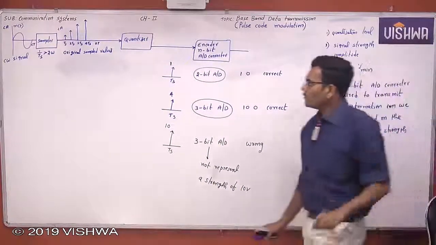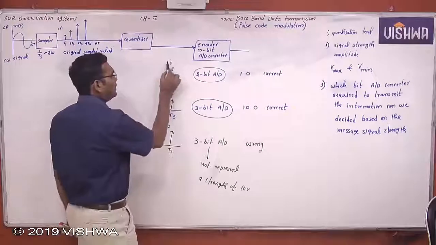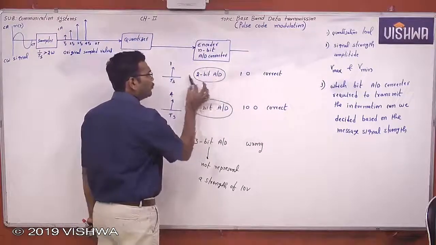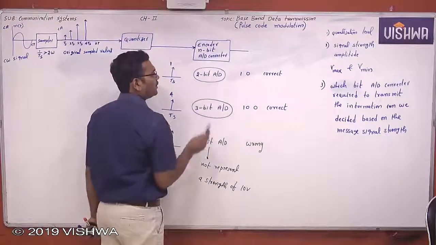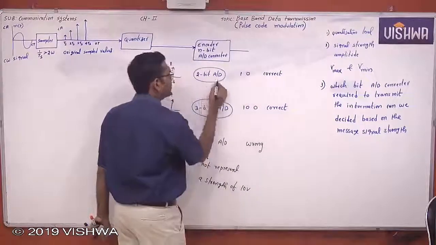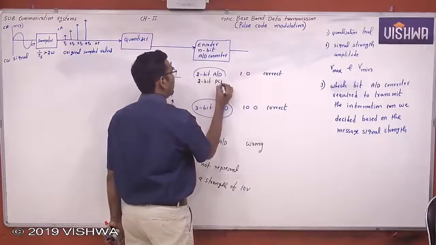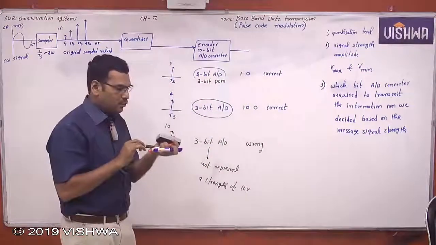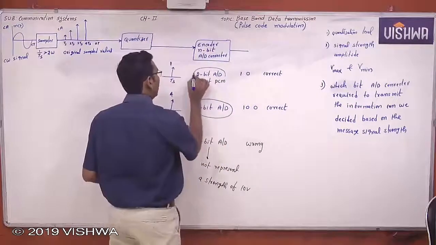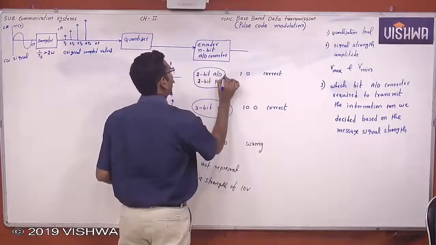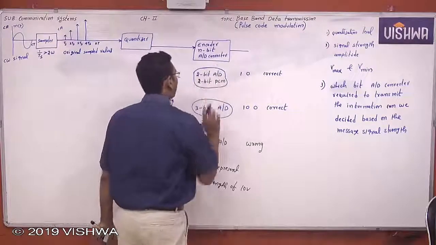And one more point I missed here. Now here each sample is encoded into 2 bits. If your encoder is a 2-bit A to D converter, this is named as a 2-bit PCM system. If anybody says that I am designing a 2-bit PCM, what is the point in your mind? 2-bit PCM system means the encoder is a 2-bit A to D converter.